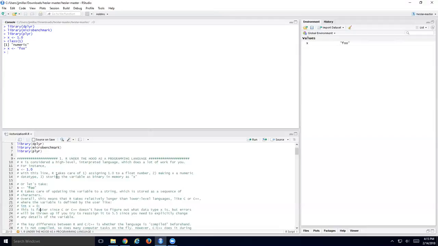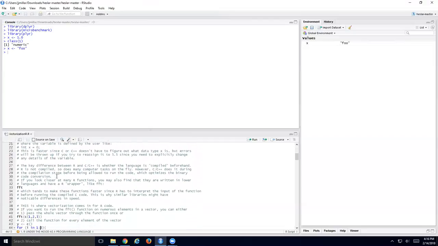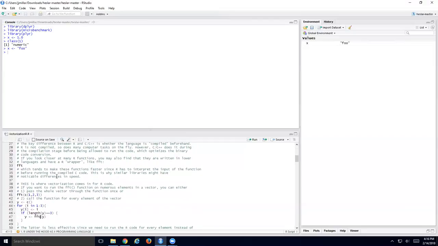So this is just to give you a behind-the-scenes look at how R operates as a language. There are certain trade-offs with using R versus lower level languages like C. It does a lot of the overhead for you, but it takes a lot more processing to do so. All right, so this gets to the ultimate key difference between R and C++, which is